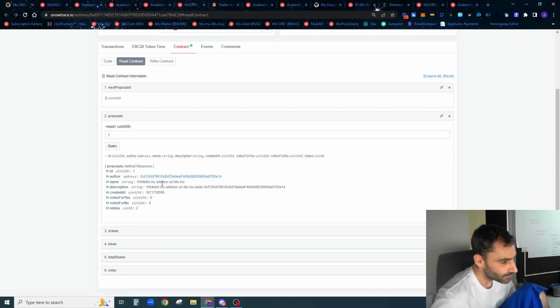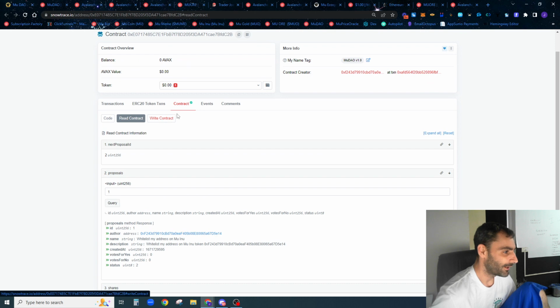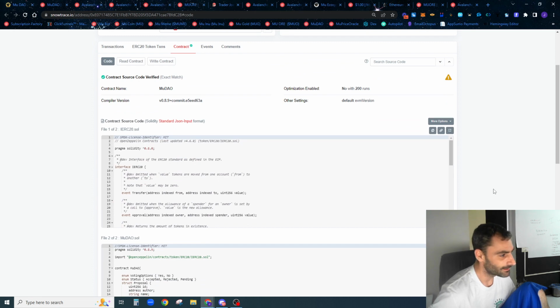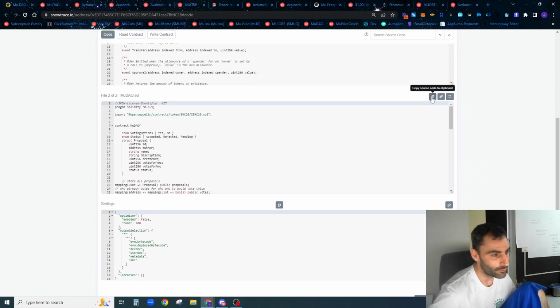So I can see who created it, I can see what they want to whitelist, here's their actual address that they actually want to whitelist, here's when it's actually created at, and then if you want to vote yes or if you want to actually vote no, and what the status is, all right? So now if I don't know what any of this stuff means, again, I can just go look at the code. And then I can see inside the actual code in the Mu DAO, let's see,